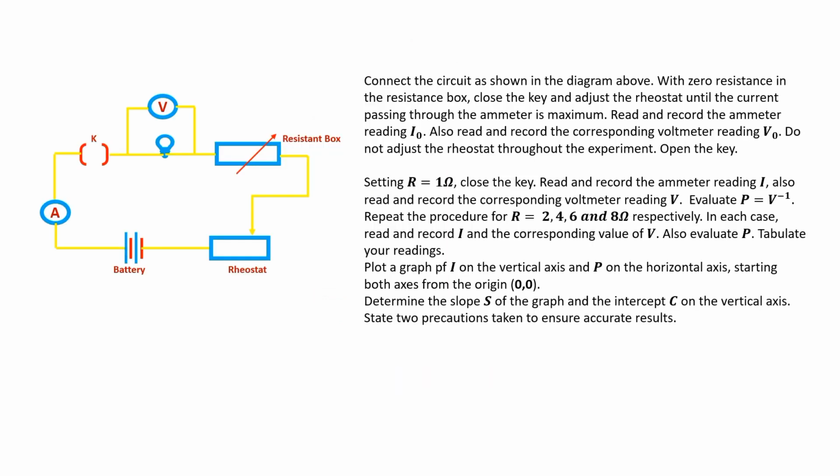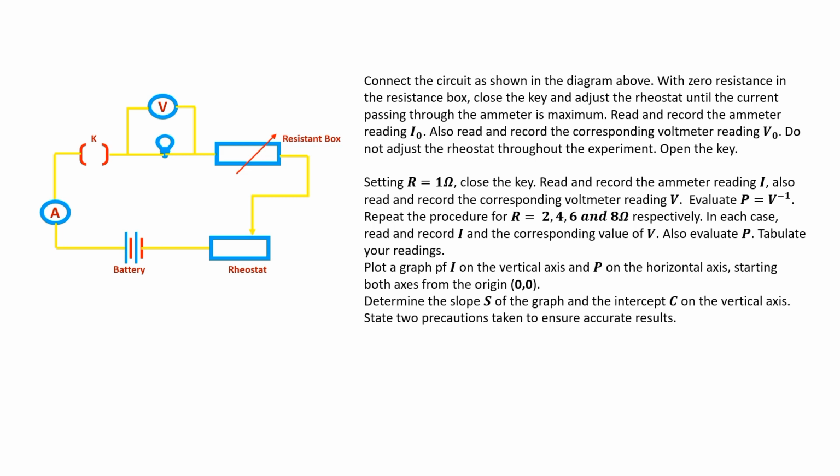In this practical, we are given a set of apparatus, and they include the resistance box, rheostat, battery, an ammeter, a key, a voltmeter, a torchlight bulb, and some connecting wires. And my own prediction goes like this, because I believe that NECO will ask something similar to this, if not almost this. We are going to connect the circuit as shown in the diagram above with the zero resistance